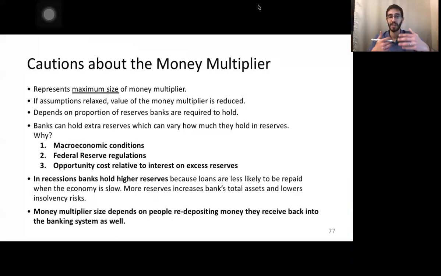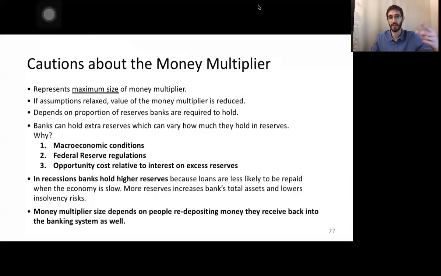Okay, but keep that in mind. Recessions tend to lead to higher holding of reserves by banks above the minimum requirement. Also keep in mind, as the Margin Revolution video mentioned, that it also depends on how much money people are not putting in the bank, right? Because if I'm keeping a lot of money under my mattress, when I go and put that money in the bank, of course that's going to increase the deposits of the bank, which can then generate more loans as well,